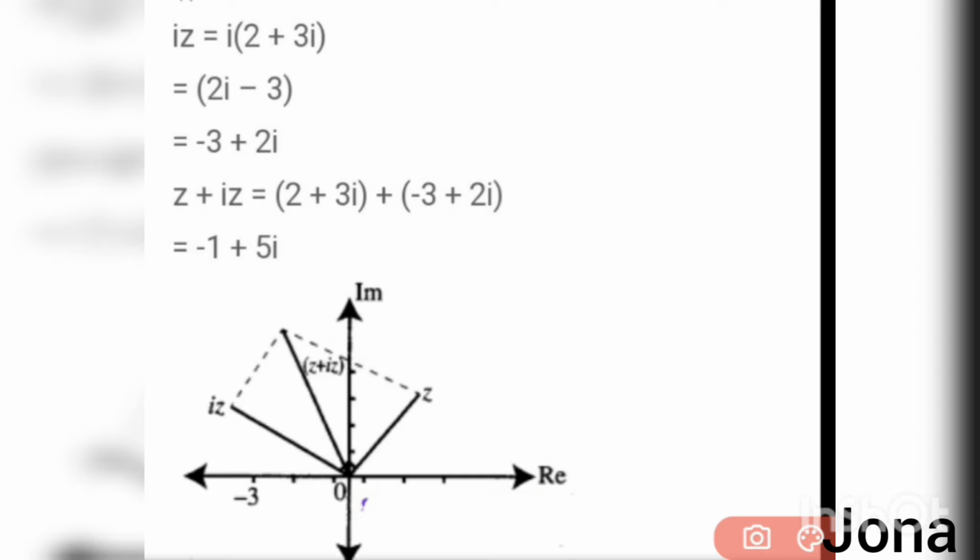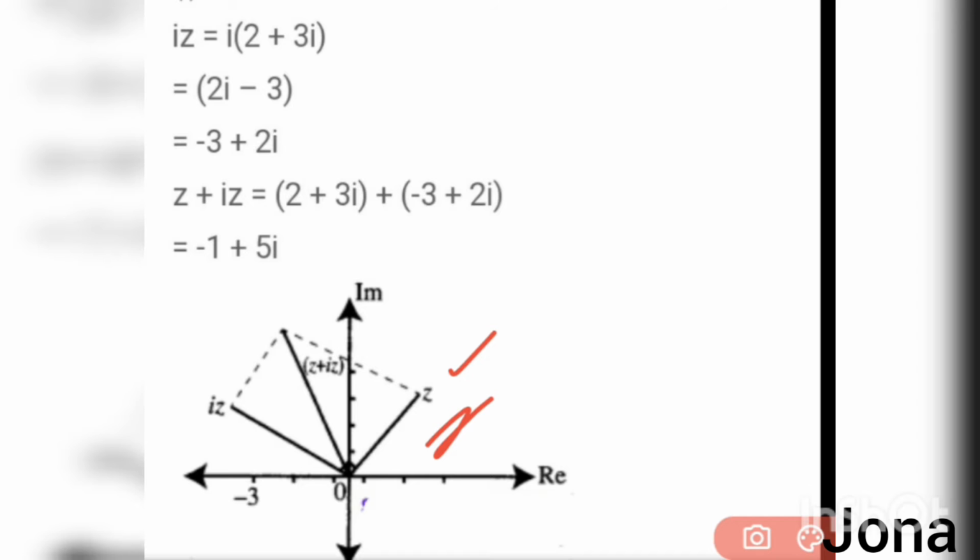We want to represent these values in the Argand plane. The Argand plane is nothing but a simple 4 quadrants. Here this is the real part side and this is the imaginary part side. Here as usual plus and minus. Here first I want to find the z value, 2 plus 3i, isn't it? That is nothing but we can write this as 2 comma 3. So as usual we have to plot the point 2 comma 3; z is here.